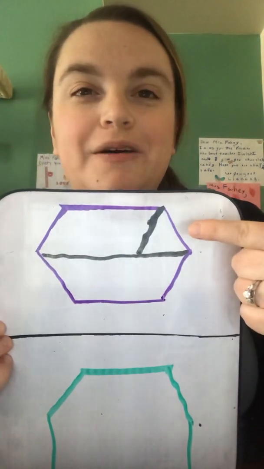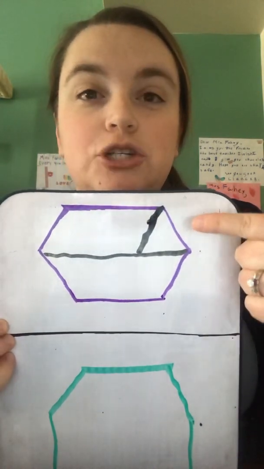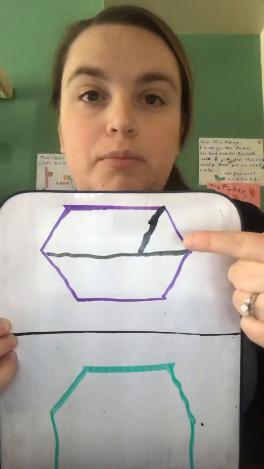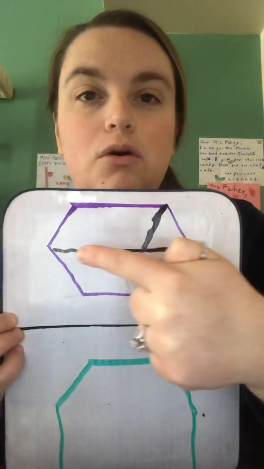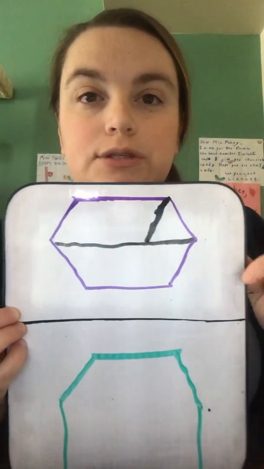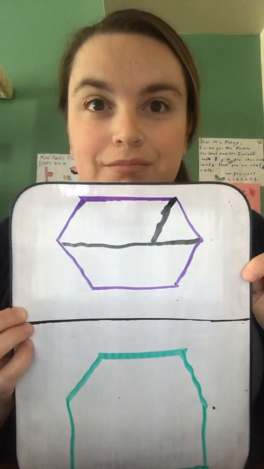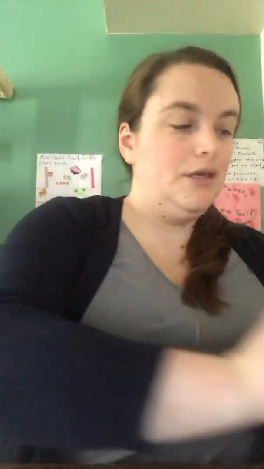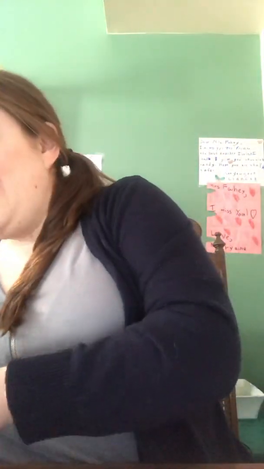There's one triangle. So do this inside your yellow hexagon in your book, but make all of the triangles that you can make. Okay? You're going to do that inside your yellow hexagon, and then